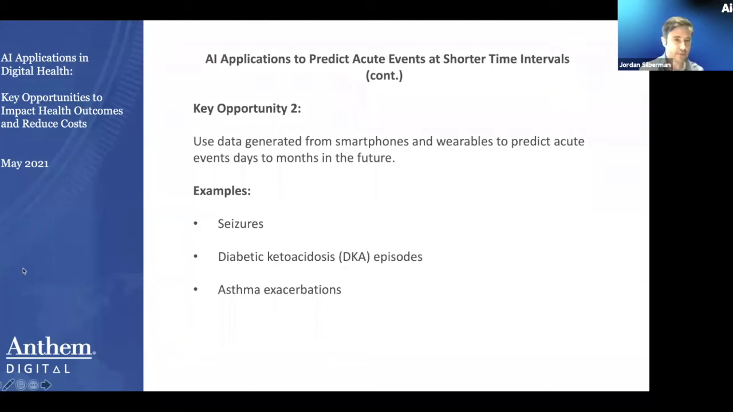And these are examples specifically where you would be using data generated from a smartphone or from wearables to predict acute events days to months in the future. And a great example is in epilepsy. We know that there are all sorts of things that impact a patient's likelihood of having a seizure at any given moment of time. And in addition to